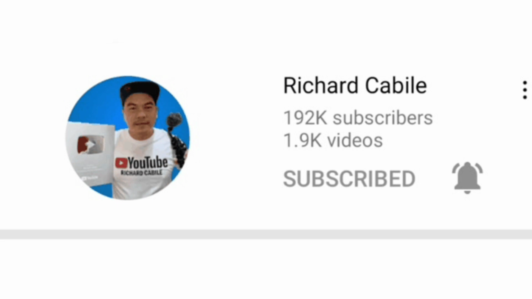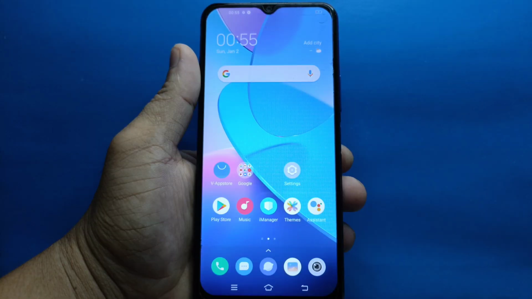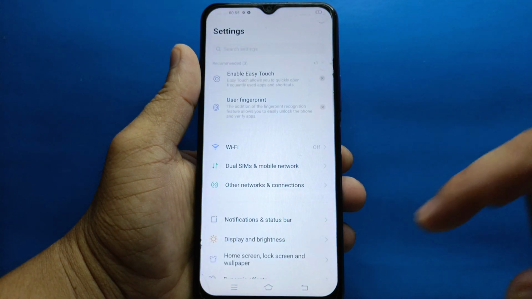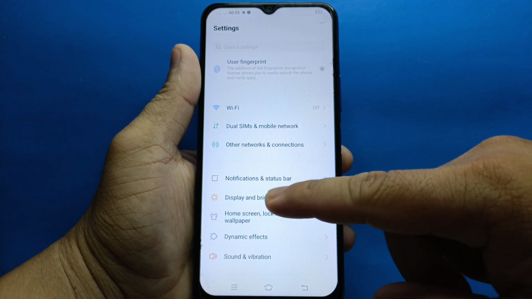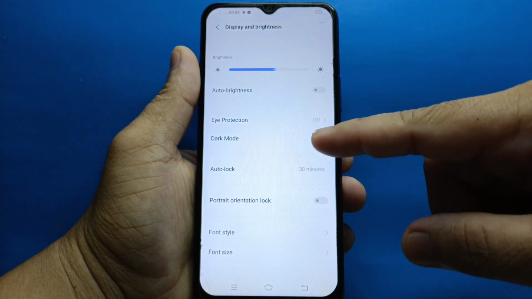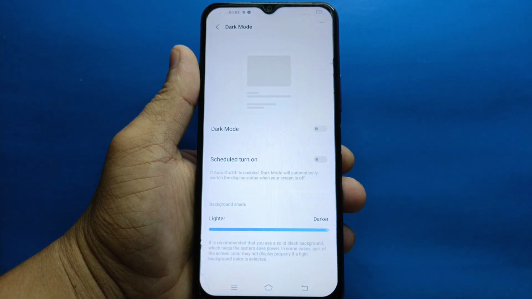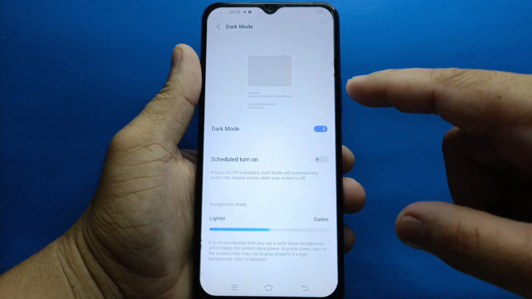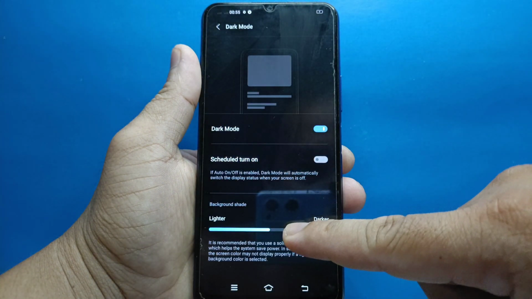Okay guys, let's start. So what you'll have to do is go to settings in your ViVO Y20i mobile phone. In settings, go to display and brightness. In display and brightness, you can see the dark mode. Tap the dark mode. And okay guys, so we can try, if the dark mode is enabled or turned on, you can adjust